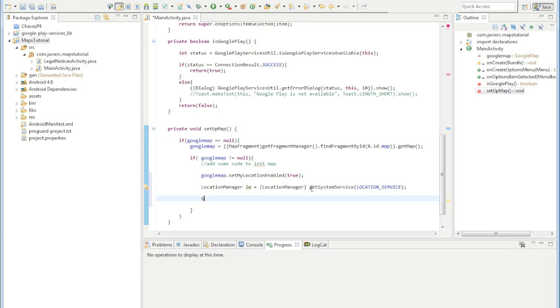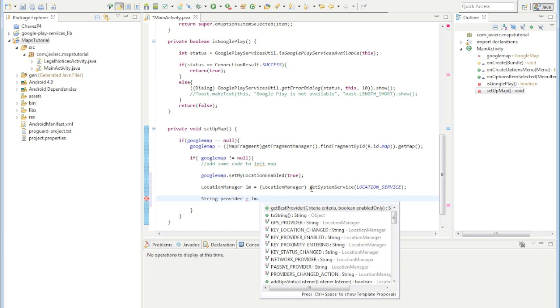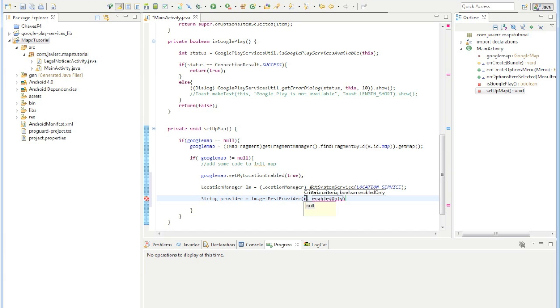And then we're going to create a provider. It's just a string, and it usually says something like passive. It tells the location manager, or whoever I'm passing the provider to, what type of provider provided the location, or how it got the location. And so the way we set it up is we just say location manager dot get best provider, new criteria,